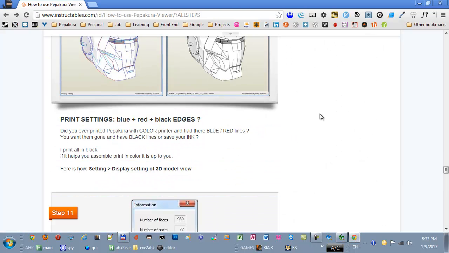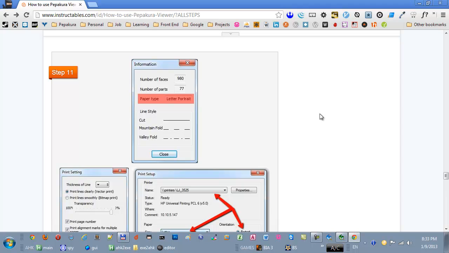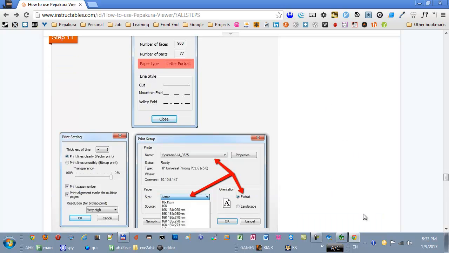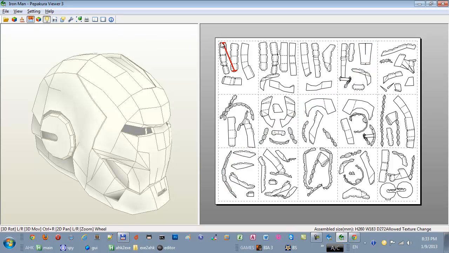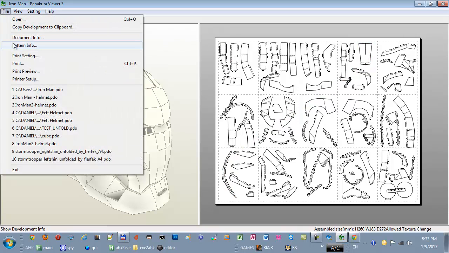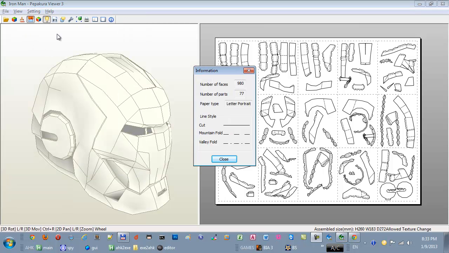And that's printing. I mentioned the edges and the real print. When you have got so far, you want to set up your printer first properly. So go to this file, and there is a button info. When you click it, you'll get such an option which shows the number of parts. It explains the lines, which one means what, and the most important thing is the paper type here, which